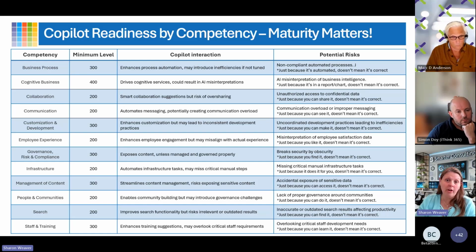So which one? I think both, honestly, use both. I think when you use both, it helps you to triangulate and be a little more clear about what the risks are for each different area. So for example, as they roll out a communication plan, you'll know what the risks are in that area. As they roll out their customization and development governance plan, you'll know what the risks are in that area. As they roll out their cognitive business plan, you'll know what the risks are in that area. So it just depends on what the scope is that you're trying to cover and what problem you're trying to solve for them. So I would probably say both would be the answer that I would give.